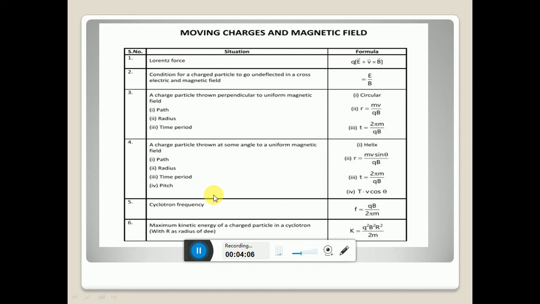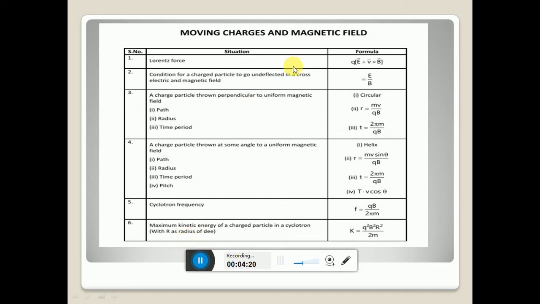We are now going to do the numerical practice questions for this unit. Before starting the practice questions, let us see the equations we came across in this unit up to now. This is the force experienced by the charged particle in magnetic field, which is given by Lorentz force. Please go through all these equations once, every equation is given in detail here, before starting the exercise practice questions.